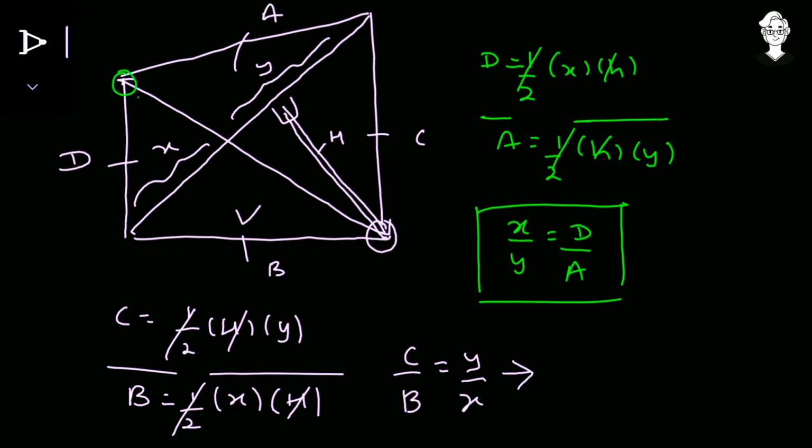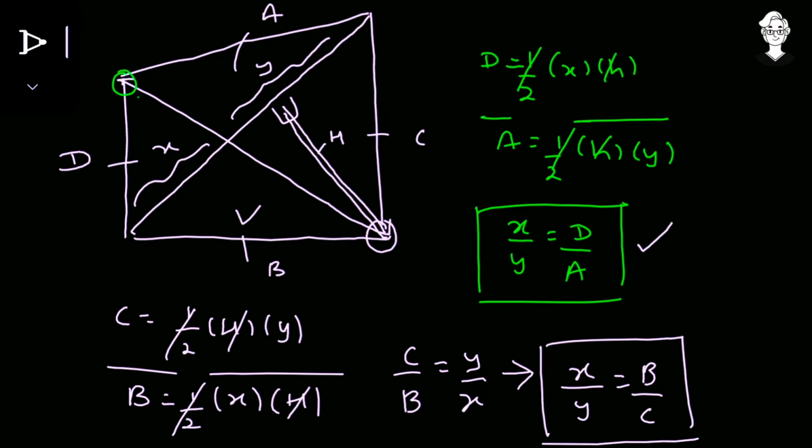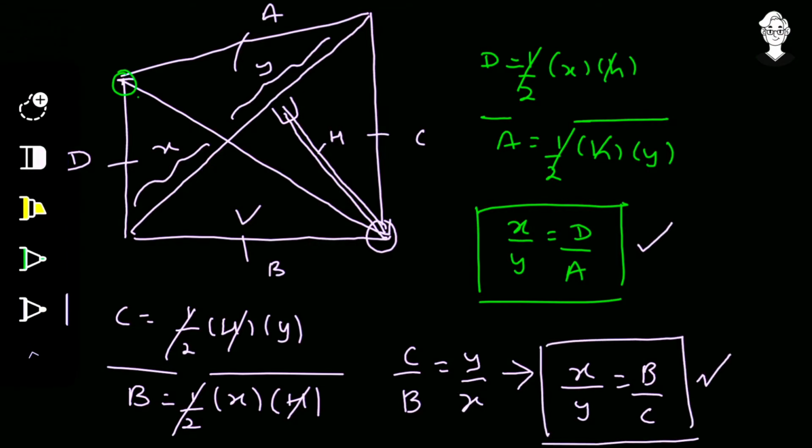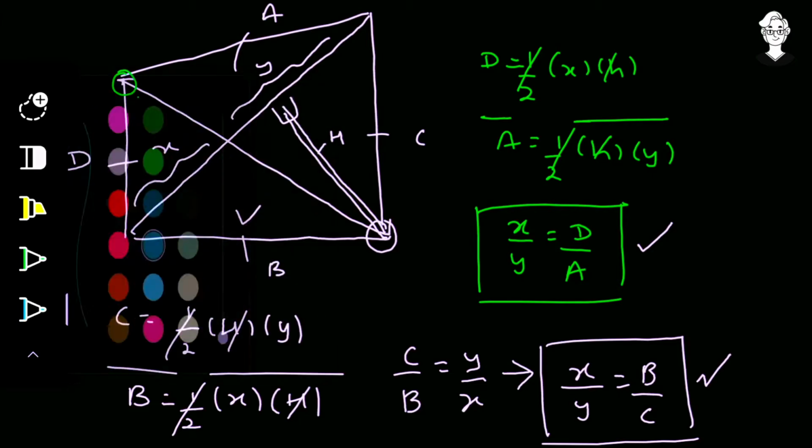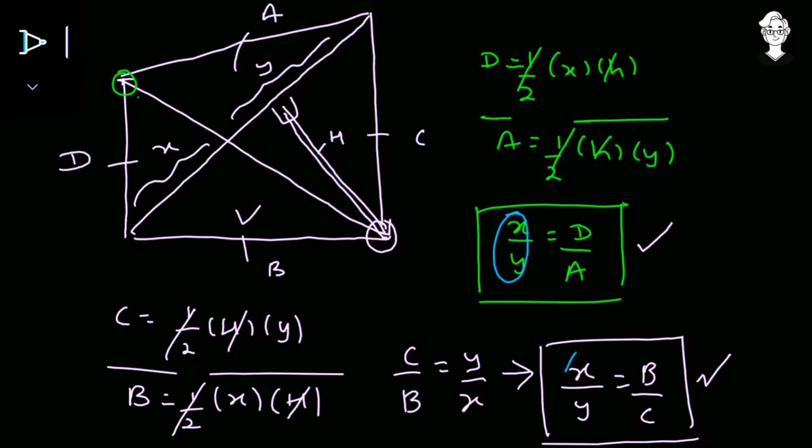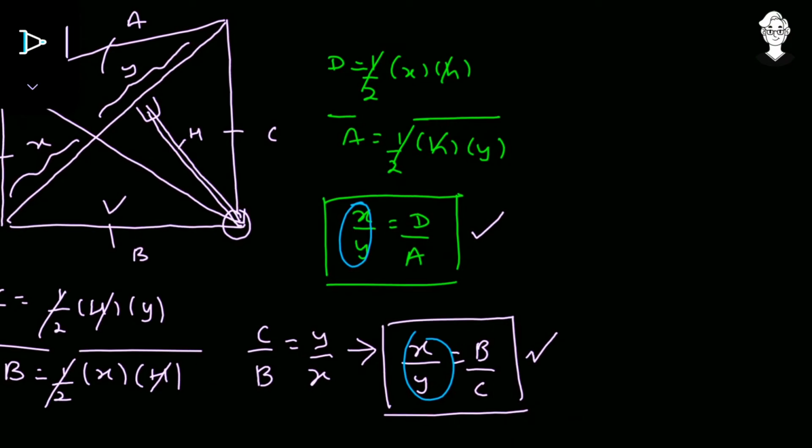If we take the reciprocal of this, we get that X upon Y is B upon C. So now we have these two things, X upon Y is D upon A, X upon Y is B upon C. So in this both, I can compare their RHS very nicely because the LHS is equal, X upon Y. So when their RHS are compared, D upon A is equal to B upon C. So now we have this. Now we will do the cross multiplication. So C multiplied with D and A multiplied with B. So this gives me that A into B is going to be equal to C into D.